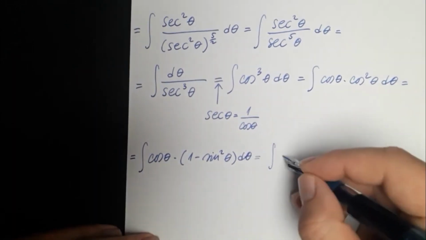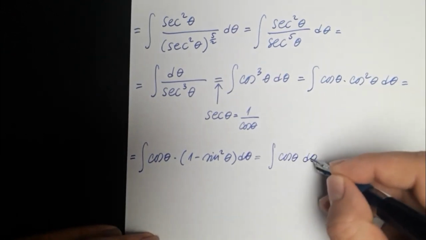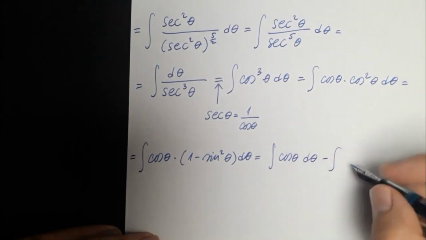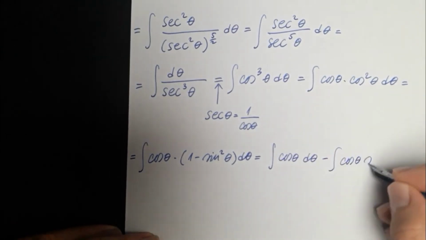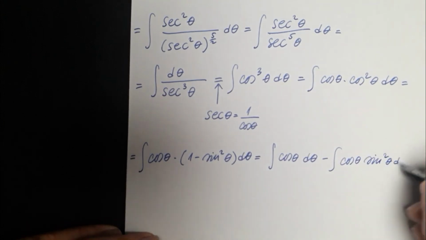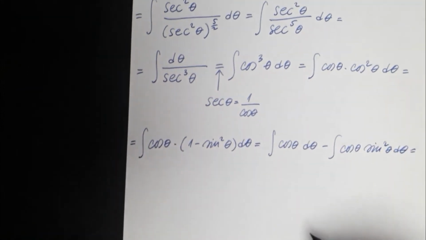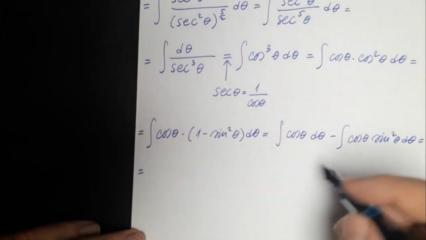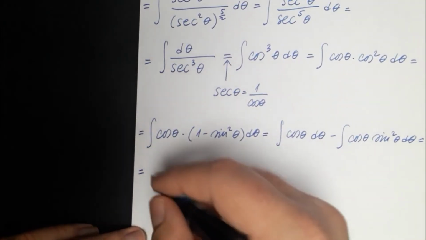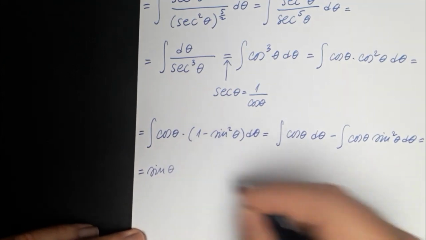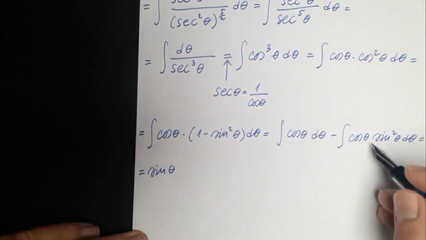This is equal to cosine theta d theta minus an integral of cosine theta sine squared theta d theta. This is then equal to integral of cosine theta d theta is sine theta,